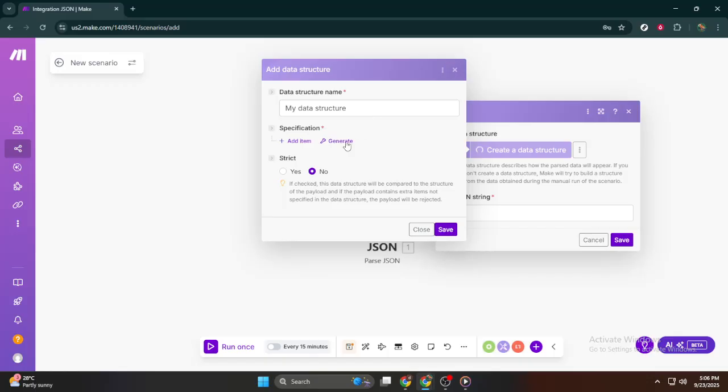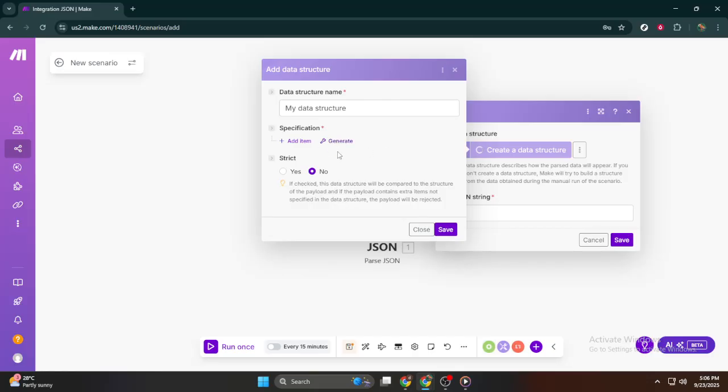The way JSON lines work is by keeping each entry on a new line. To start with, you'll need your text in JSON lines format. Once you have that, you'll add a text parser module to your scenario, specifically choosing the split text feature. For the separator, use the new line character, \n, so that each JSON line is treated as an individual item